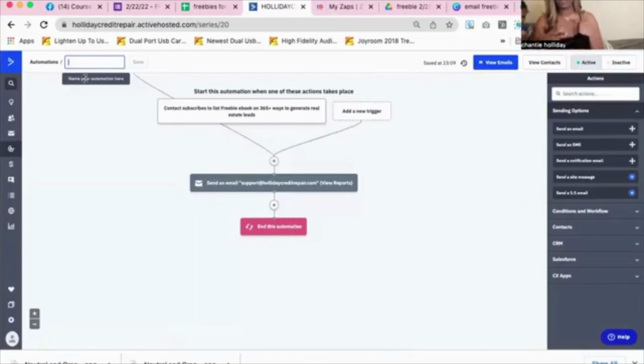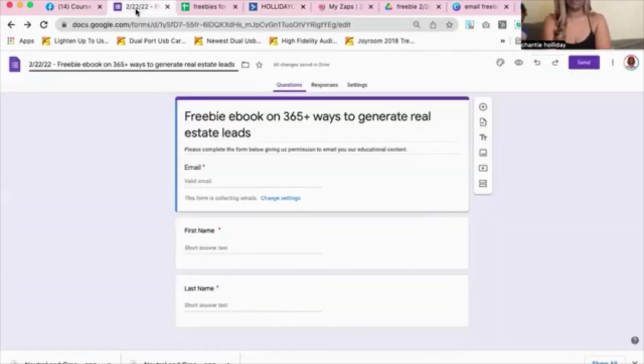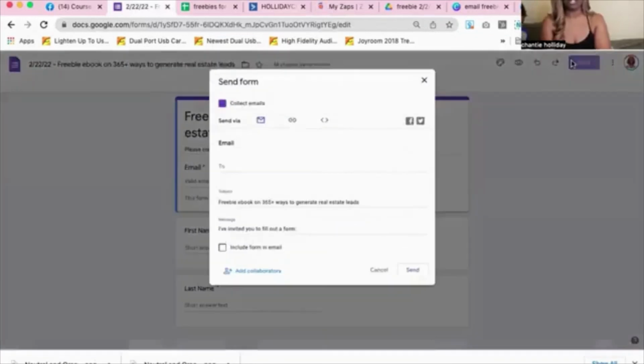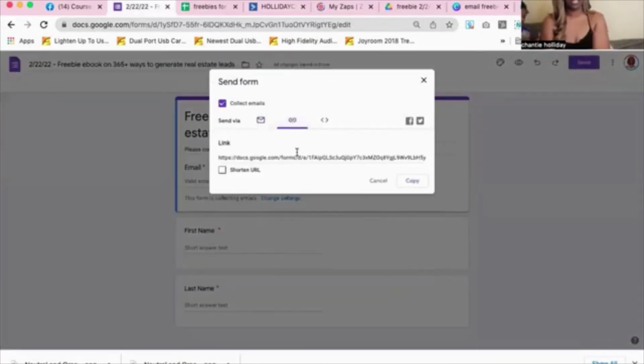So to recap, we just automated how you can set up sending out freebies to your clientele, whether it's directly in a group. You can put the link to your Google form where it says here at the top right corner. Click here, and then it says shorten URL. You want to use this link. So now every time you put that link on your Linktree account, on your website, on your YouTube,